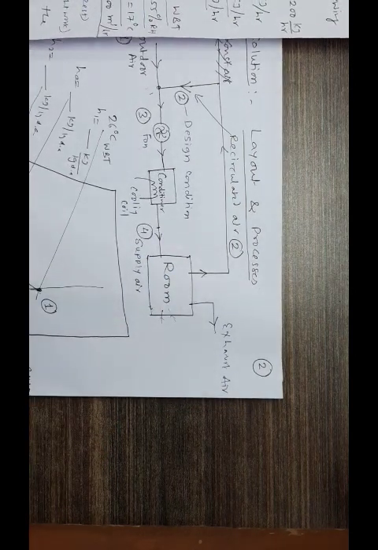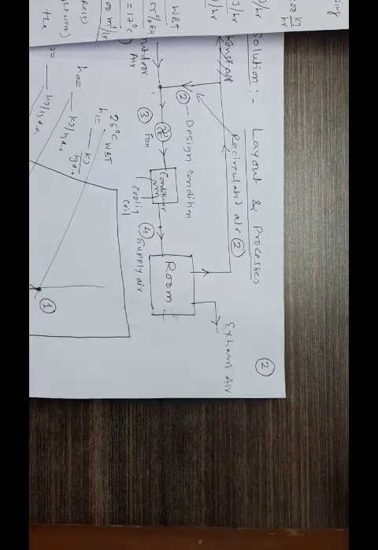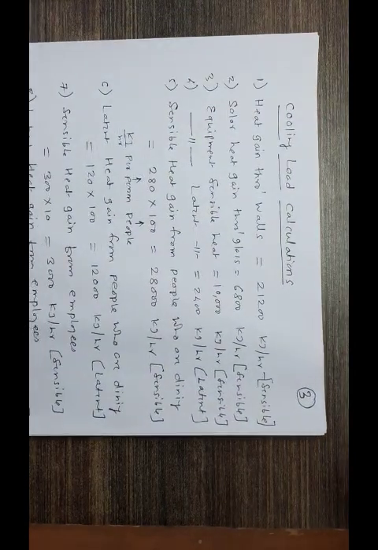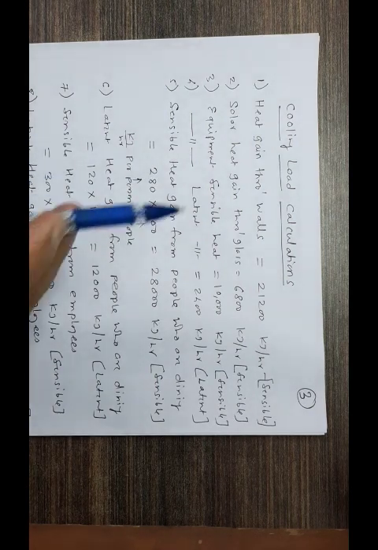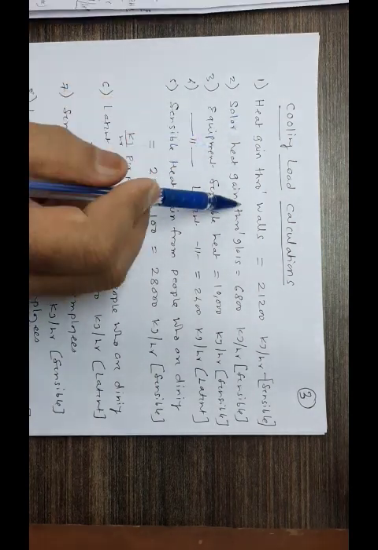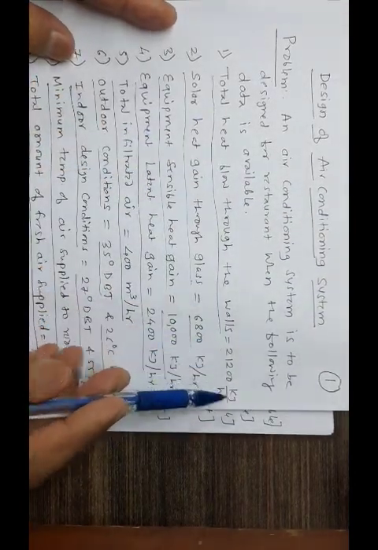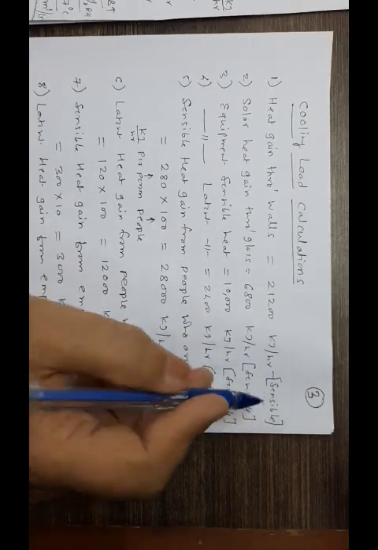Okay, having done this particular part, now let me switch to the actual calculation of the value so that you can understand what we are trying to do here. So here we are, cooling load calculation. We are trying to find out the cooling load, which is supposed to be the heat gain through all these various sources. Going back again, heat gain through the walls, which was given here, 21,200. It's fine. That is sensible. I have written it clearly inside this.